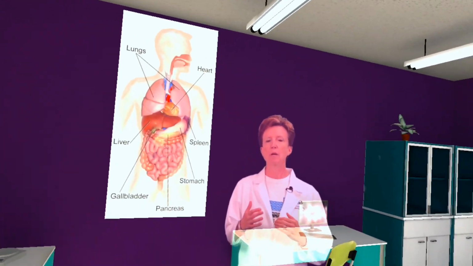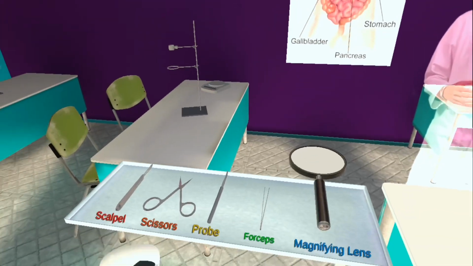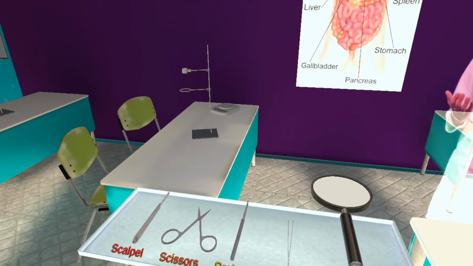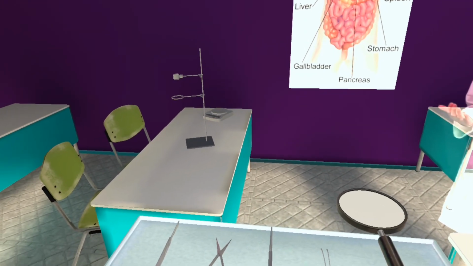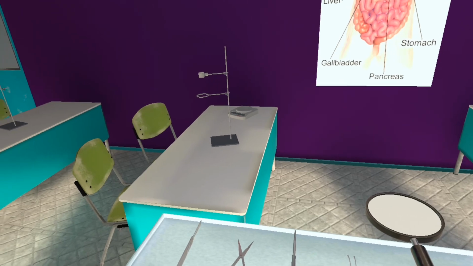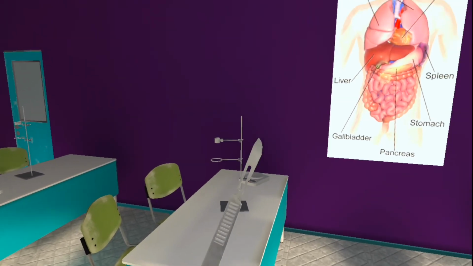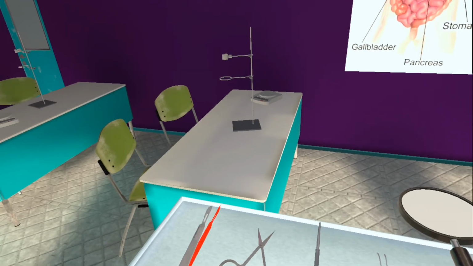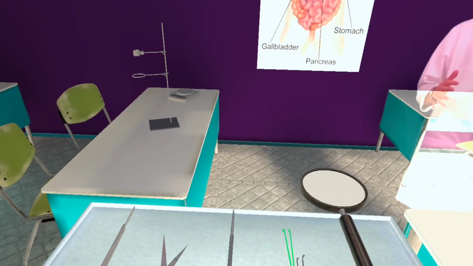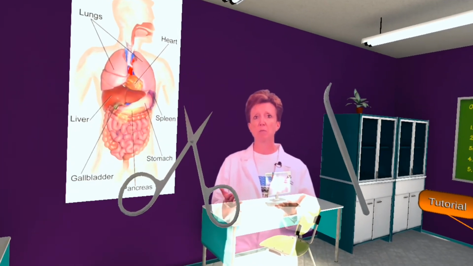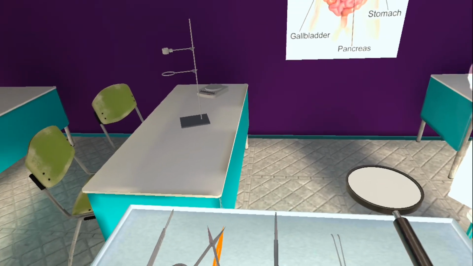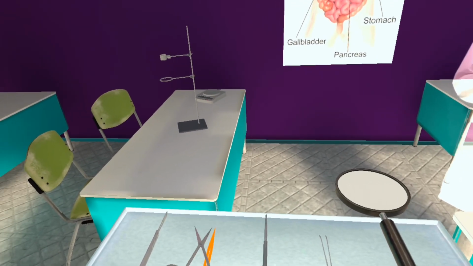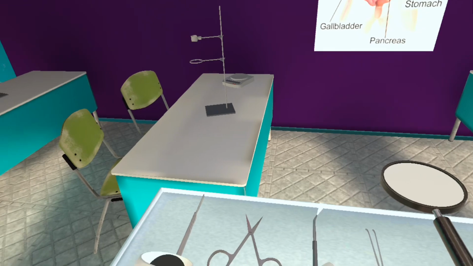Okay, now let's make sure we have the proper equipment. If you look to your left on the tray, you will see all of the equipment that we're going to be using today. You can pick up any of the tools on the tray, but remember, you'll need to put them back onto the tray if you want to pick up another. Stabby, stabby. So let's see what we have. I can pick up two at the same time. Wendy, look at me. You can pick it up and put it down before you move on to the next one if you want. Snippy snippies. You should see a scalpel we'll use for